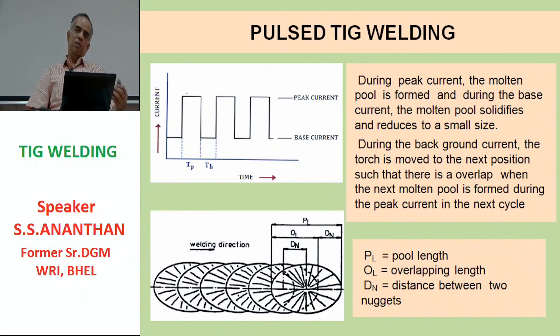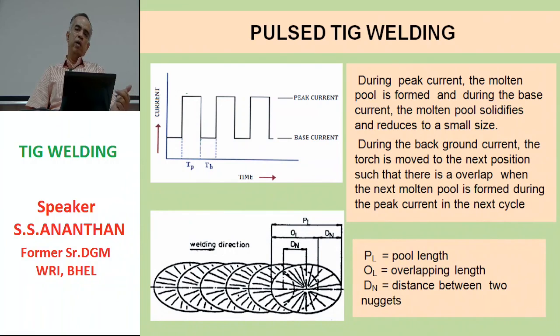Then again it is switched off to the base current, and then the cycle continues like this, which essentially means we are producing a series of spots, molten pools, and one over the other it is overlapping, and then you get a continuous weld. This enables you to weld different thicknesses, different heat conductive materials, and even orbital welding,